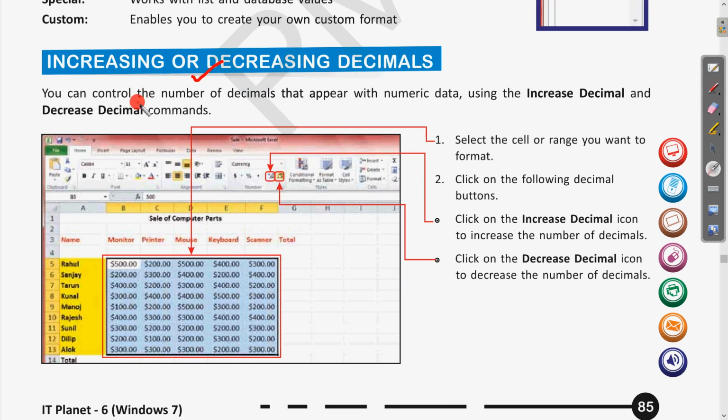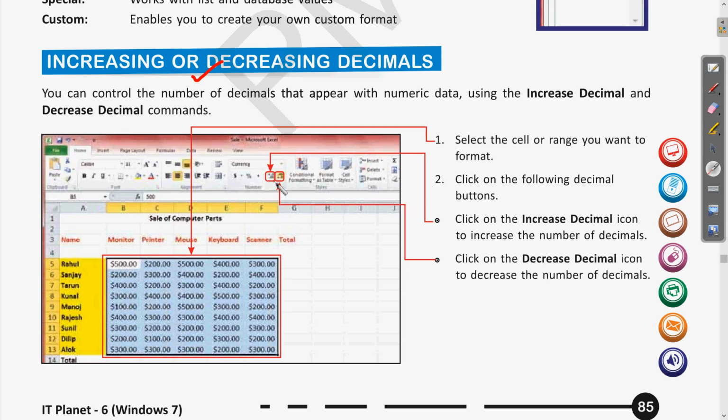So you can control the number of decimals that appear with the numeric data using the increase decimal and decrease decimal commands. Clear? So whatever data we have written in these cells, first select these cells, and then we have the two options in the number group in the Home tab.